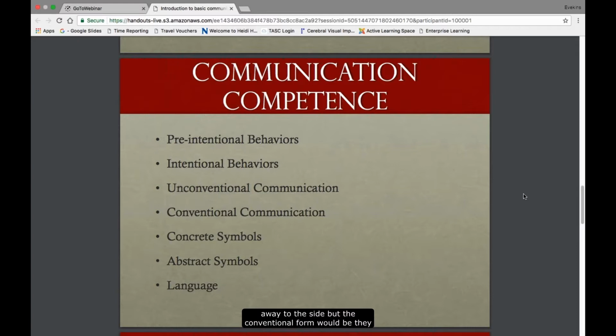But the conventional form would be that they give you the unwanted item. Rather than throwing it, they just hand it back to you. Rather than batting at you, they shake their head no. This is where you start getting into more of that conventional communication. So again, I think the communication matrix does a really nice job of going through each one of those steps very simply.